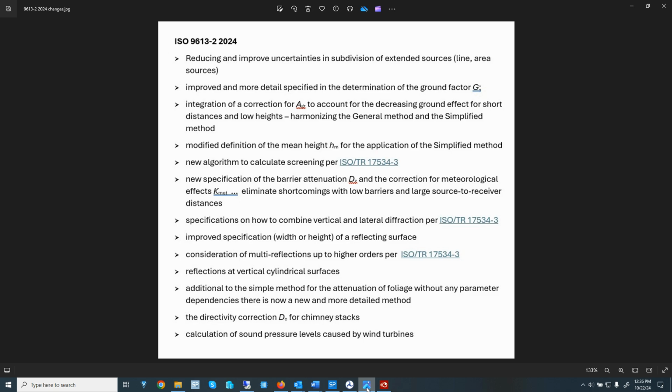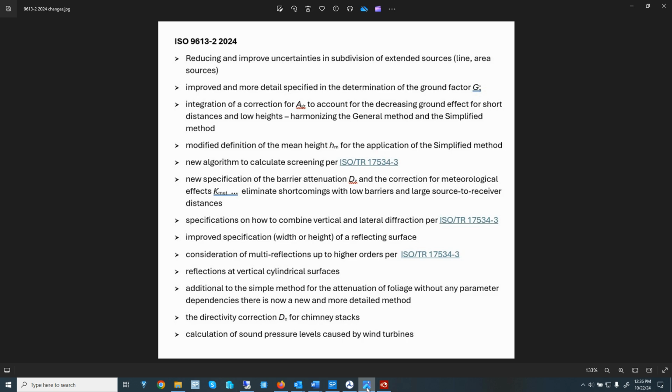There are several changes in terms of the average height, that's for the simplified method, and new algorithms to calculate the screening. That's all per ISO 17534-3. That also includes new barrier attenuation and the effect of the meteorology, this K-met factor.